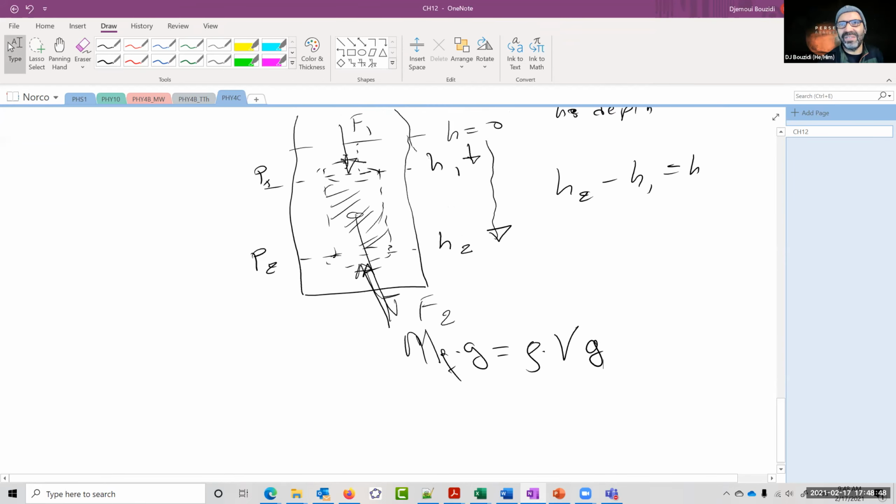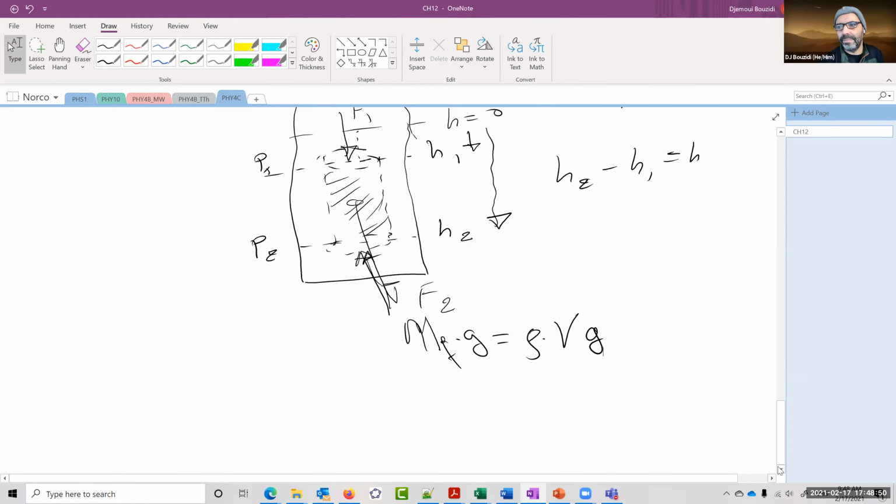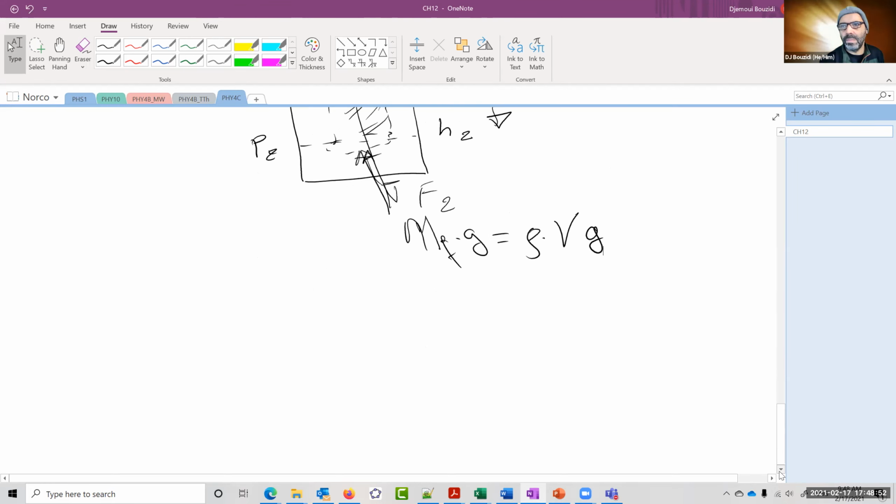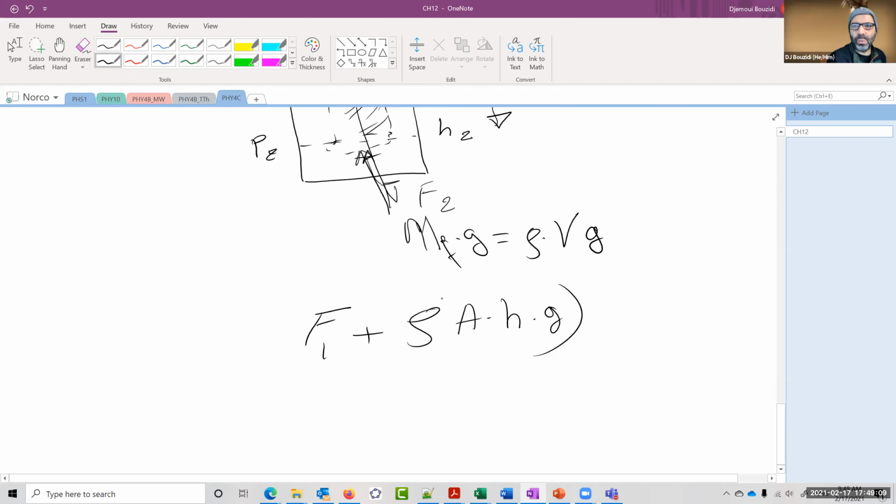all, on one side, I have this pressure, this force, which is F1, that's pushing down, plus the weight of the fluid, which is the density of the fluid times the volume, and the volume is the area times the height, times g. So this is the weight. This is the density, this is the volume, times g. So that is the weight, must be equal to F2,